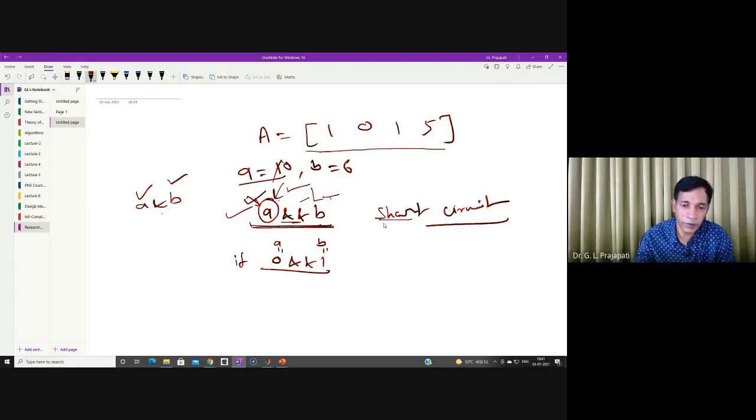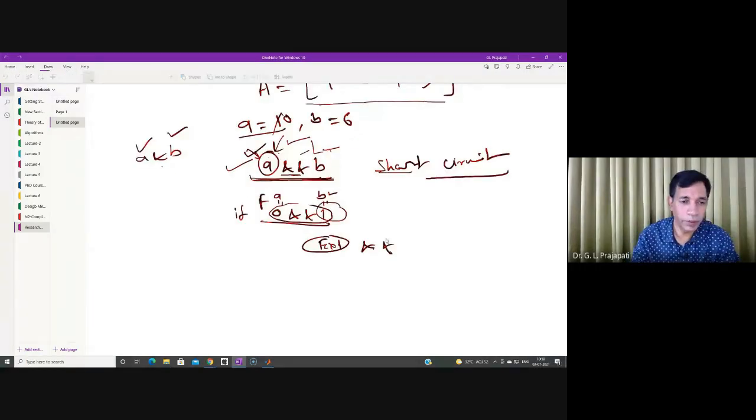Why is this short circuit? Because if you check the first operand, and if it becomes false, then you identify that the whole statement will become false. You don't require to check B. It means you are not going to evaluate this expression. Actually, what we are talking about